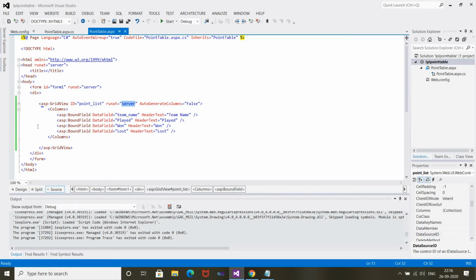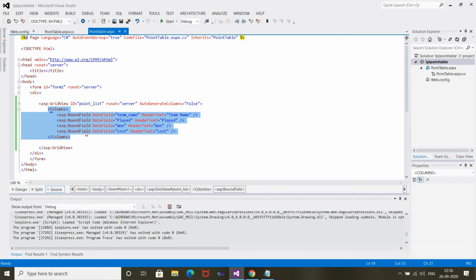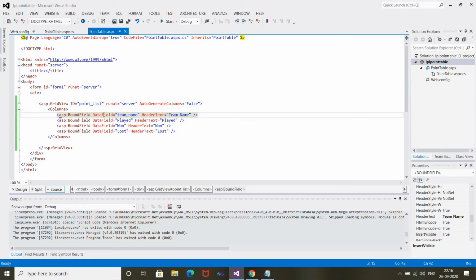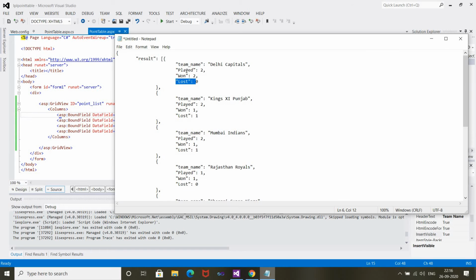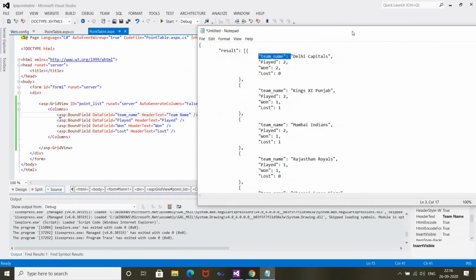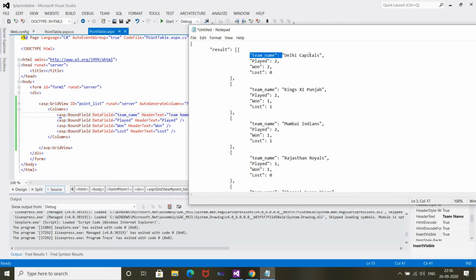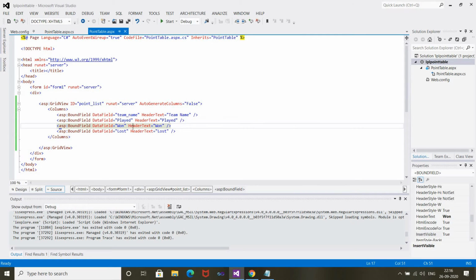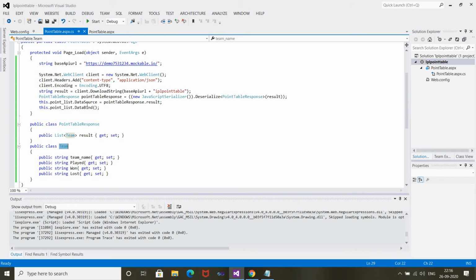It will be running on the server side, and there are 4 columns being added, which have a data field similar to the JSON key. It is team name, so similarly the data field will be team name. Also, the data field is played, so the key is played. Those keys can directly be mapped here. Let's go to the C# code.